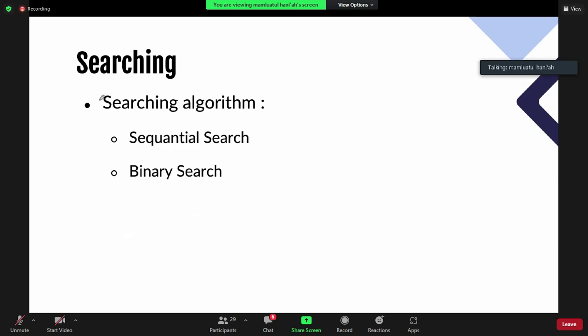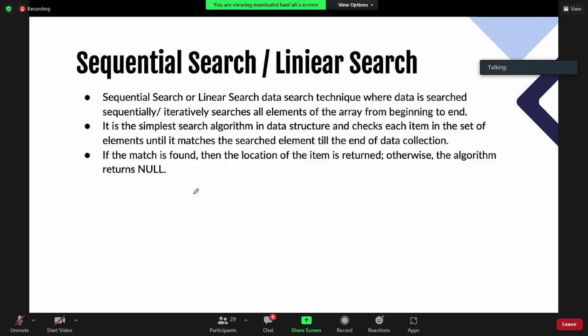And then in here, we will discuss the sequential algorithm, based on the brute force concept, and the binary search algorithm, based on the divide and conquer concept.